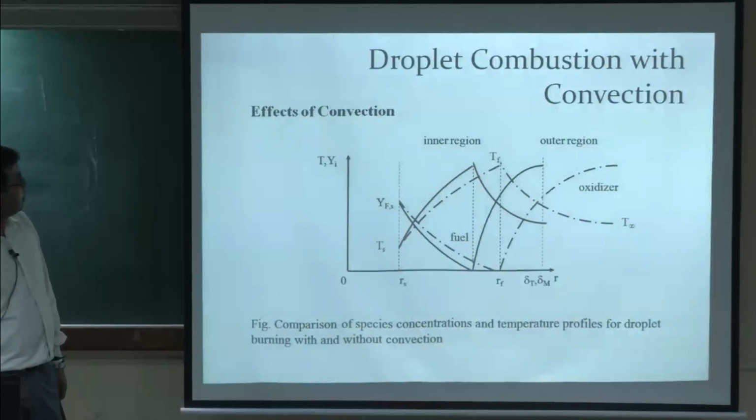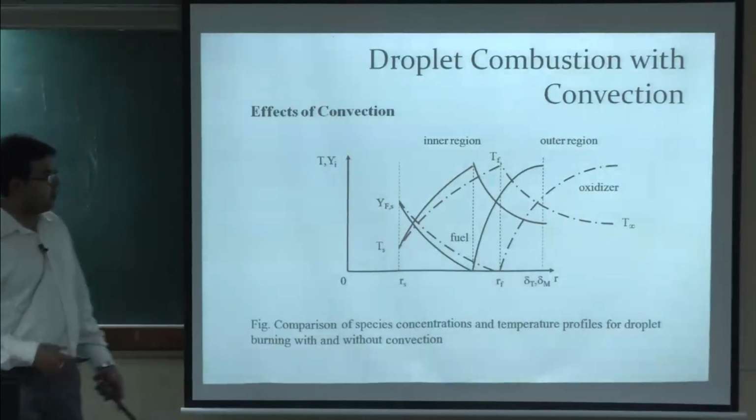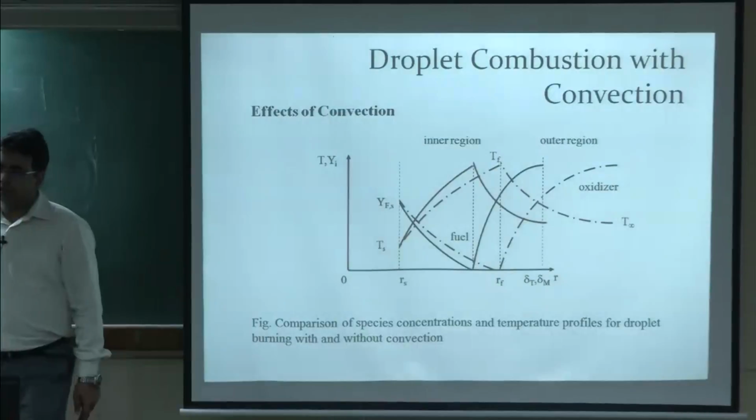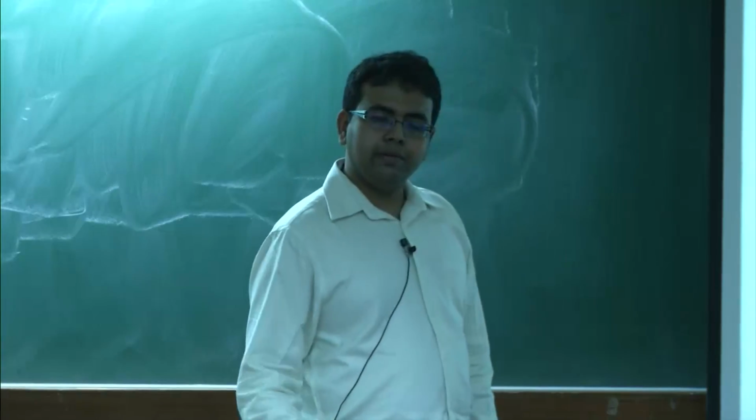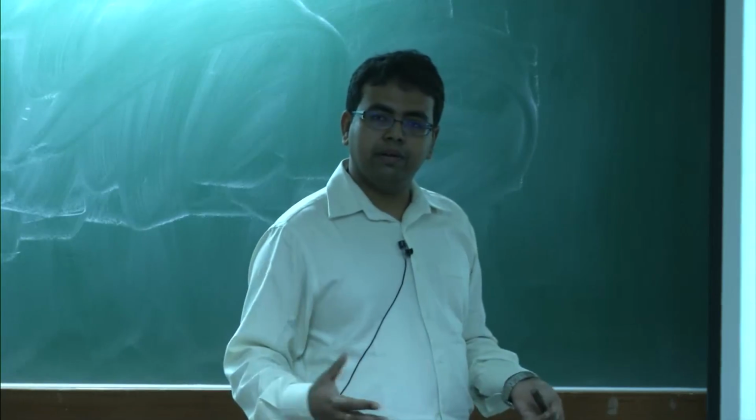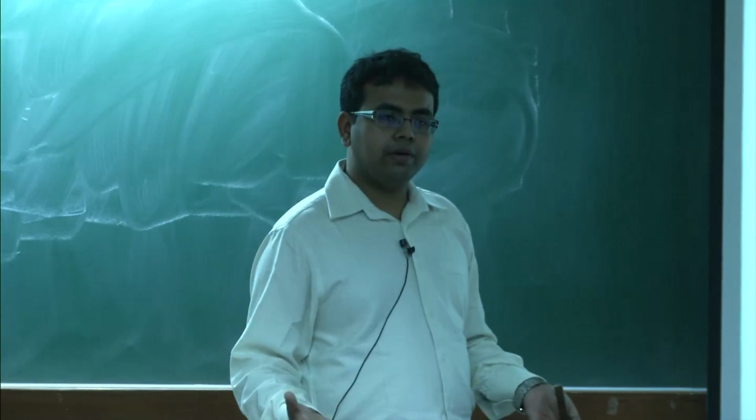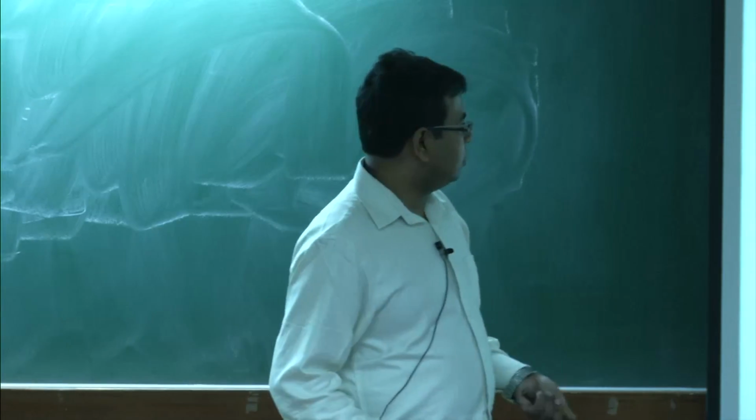Okay, so effect of convection. Suppose there is a convective flow around the droplet, then we would expect that there will be much more heat transfer to the droplet, and the droplet will evaporate fast. So what happens